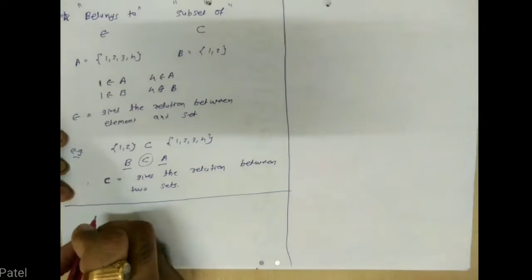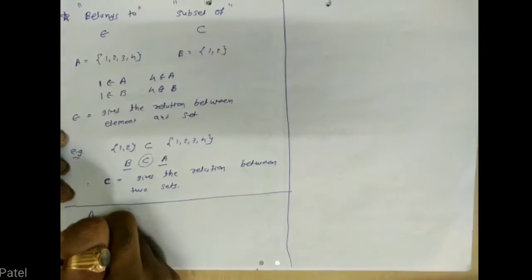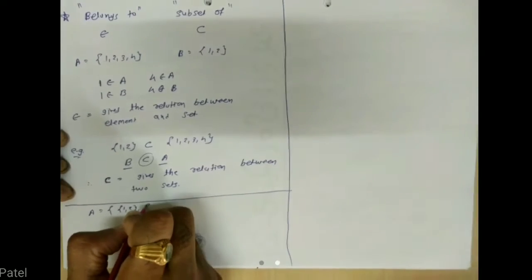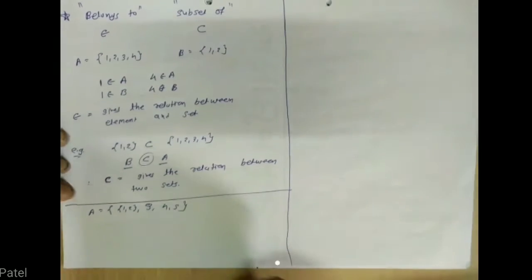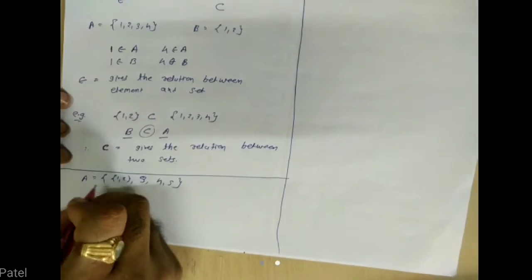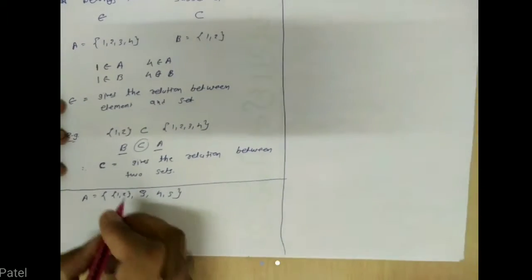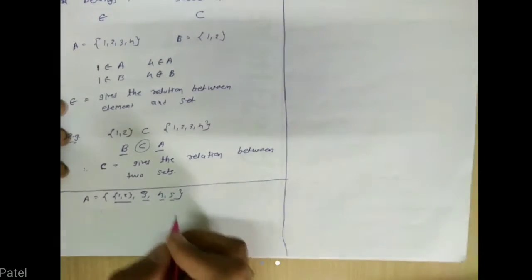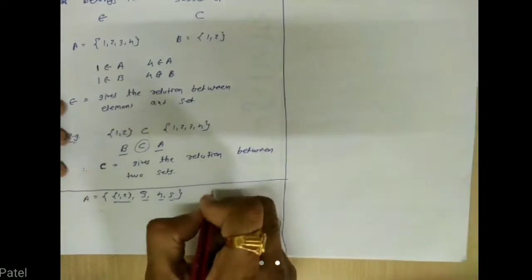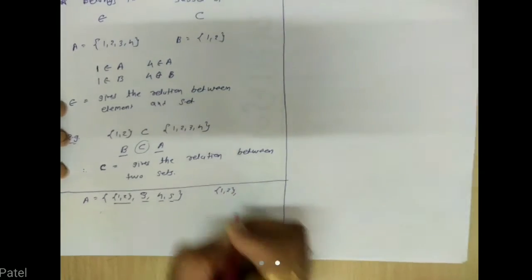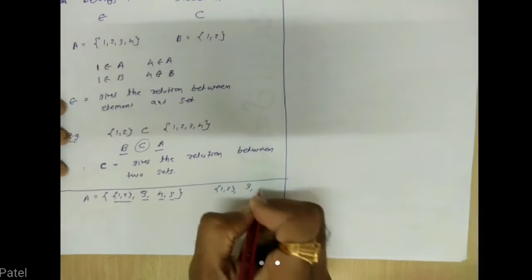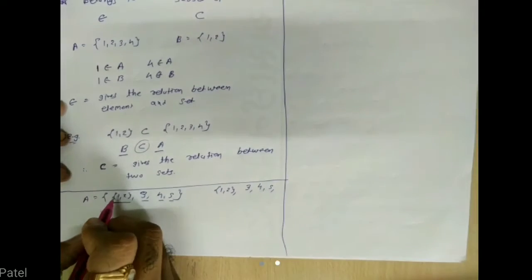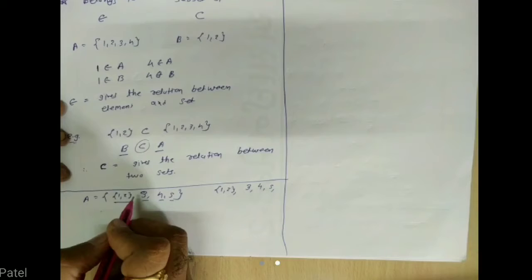But to create confusion, the questions will be like this. Now, for example, we are having one set A equal to {{1, 2}, 3, 4, 5}. Now students, this is one set A. In this set A, total 4 elements are there. First element is the set {1, 2} itself. This is our first element. Another is 3, another is 4, and one is 5. These are the elements. So here a set is an element in set A.